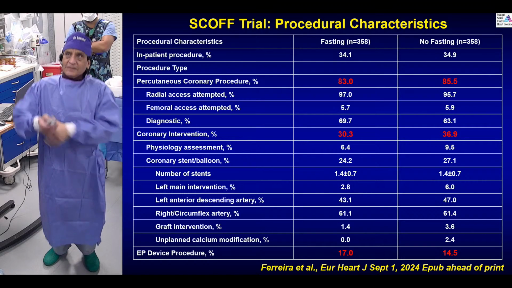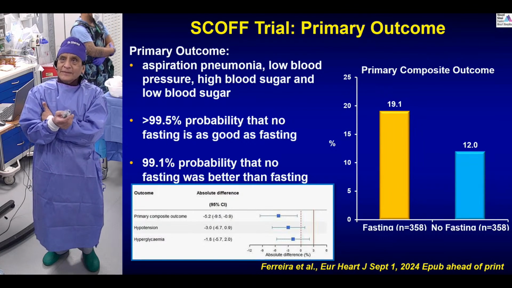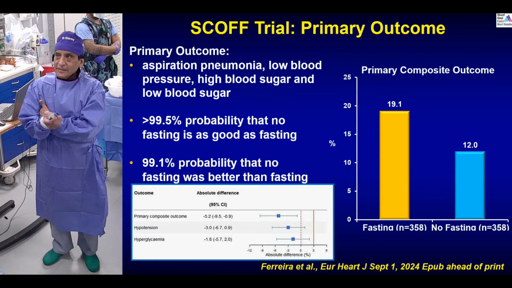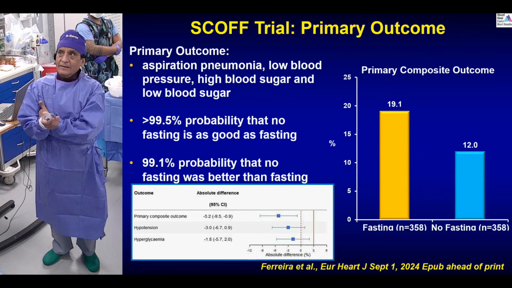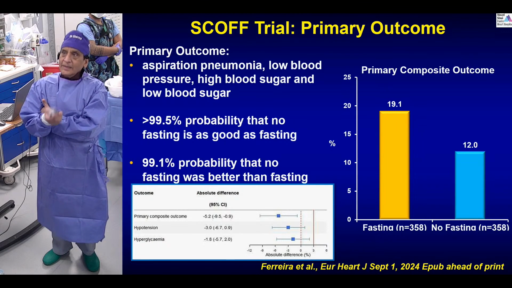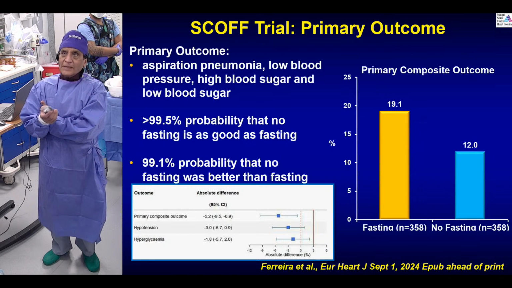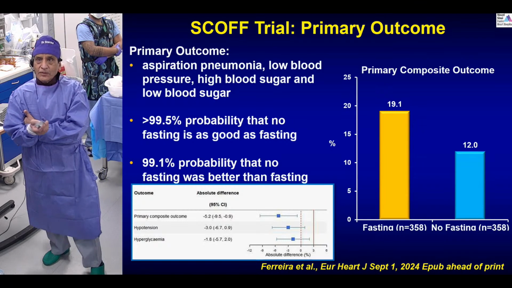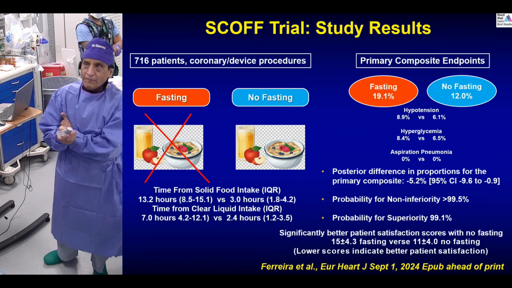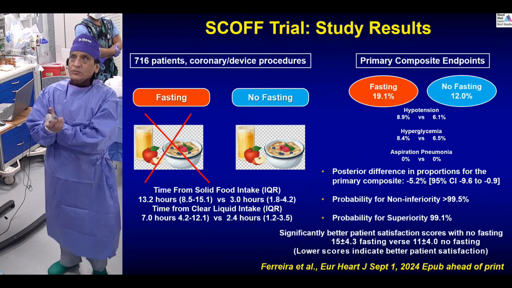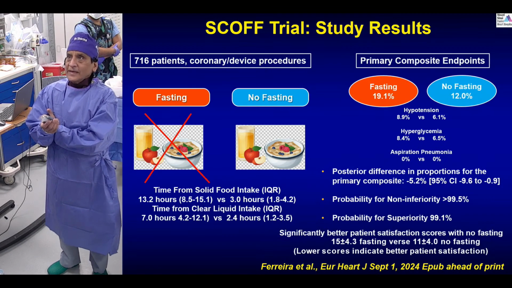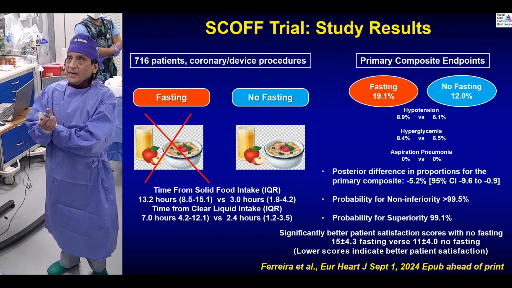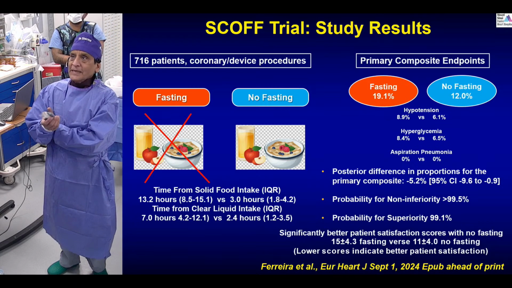So only 30% of patients had PCI, and they found that with fasting versus non-fasting, the event rates were much higher in the fasting patients, and those were aspiration, pneumonia, low blood pressure, high blood sugar. The event rates were lower. Primary composite outcome, hypotension, hyperglycemia, and showing here the fasting event rate 19.1, no fasting 12, less hypotension, less hyperglycemia,